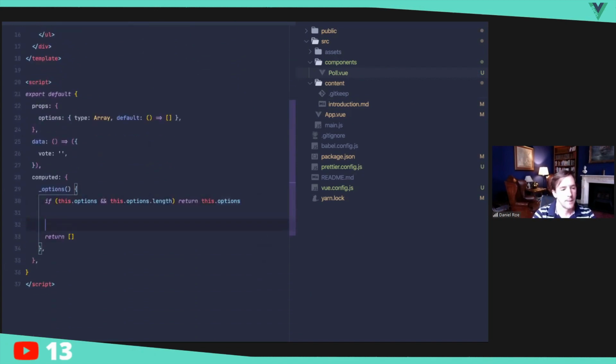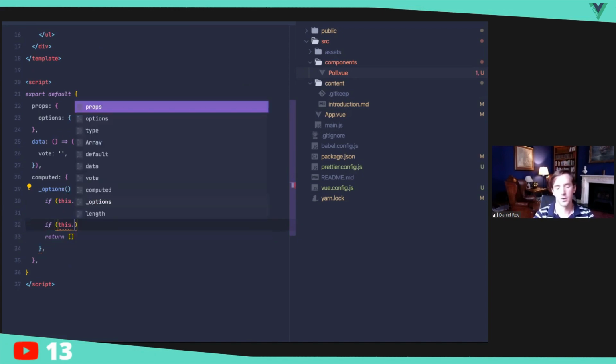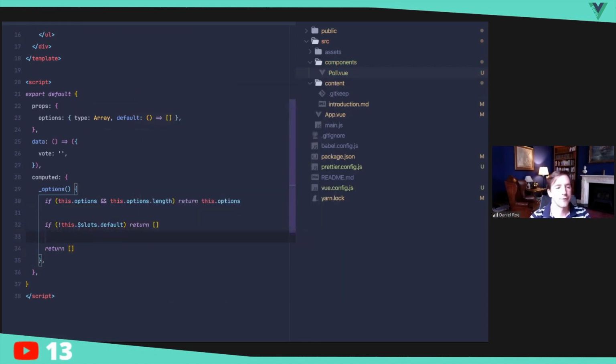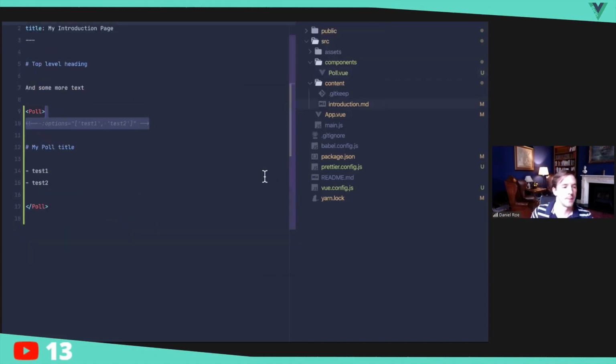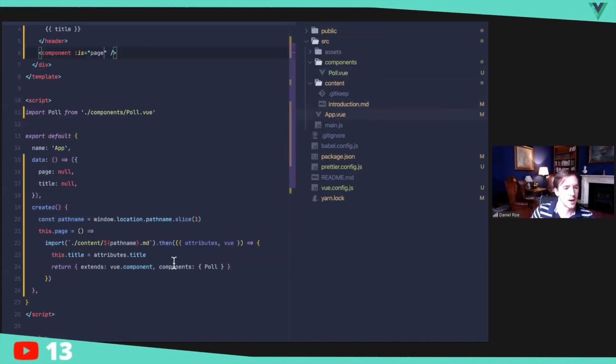We need to check that we have some kind of vnodes passed in on slots that we can actually iterate over and do something with. So we'll return if we don't have any. We then want to find the particular vnode that we're looking at. So just to show you what's being passed in again, if I were to remove poll as a component,